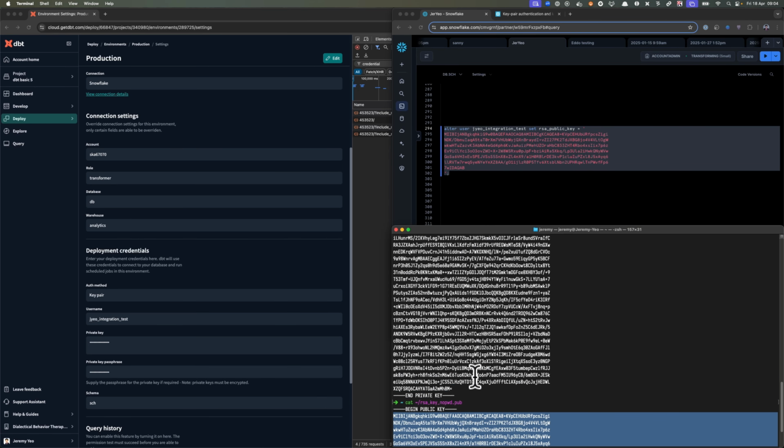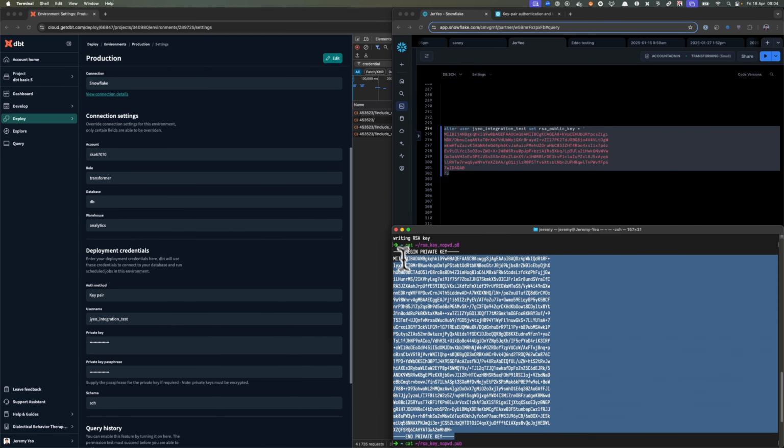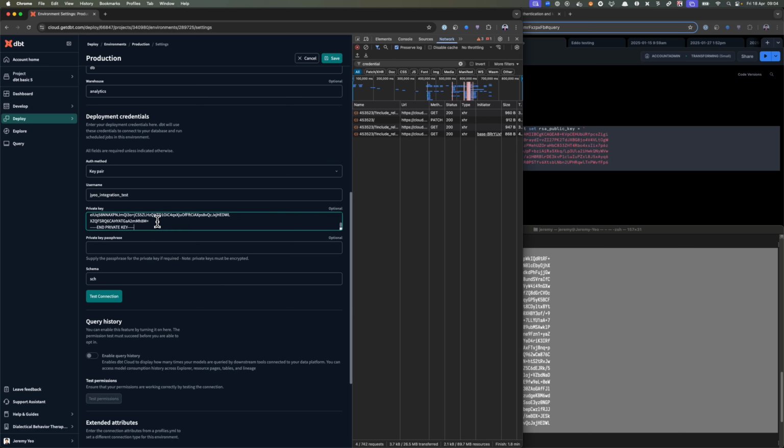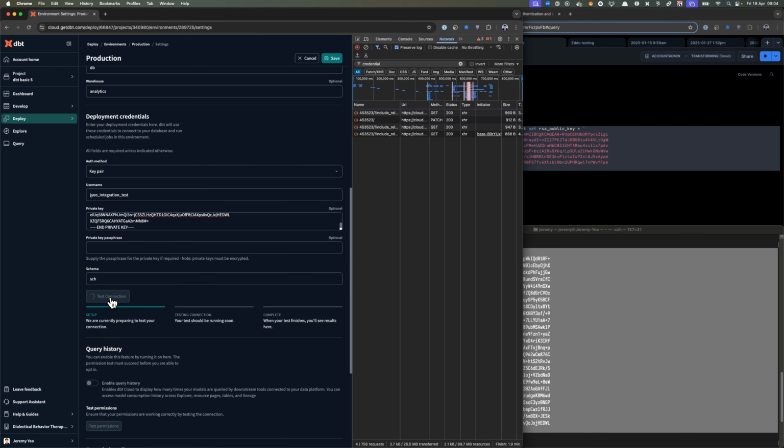And we take our private key and we put it in DBT. Now, something very important here: I'm going to use this test connection thing, and we know that it'll probably succeed here, right? However, look at this private key passphrase field. Currently, it is empty, right? We don't set a passphrase because there is no passphrase for it. Now, when we save,